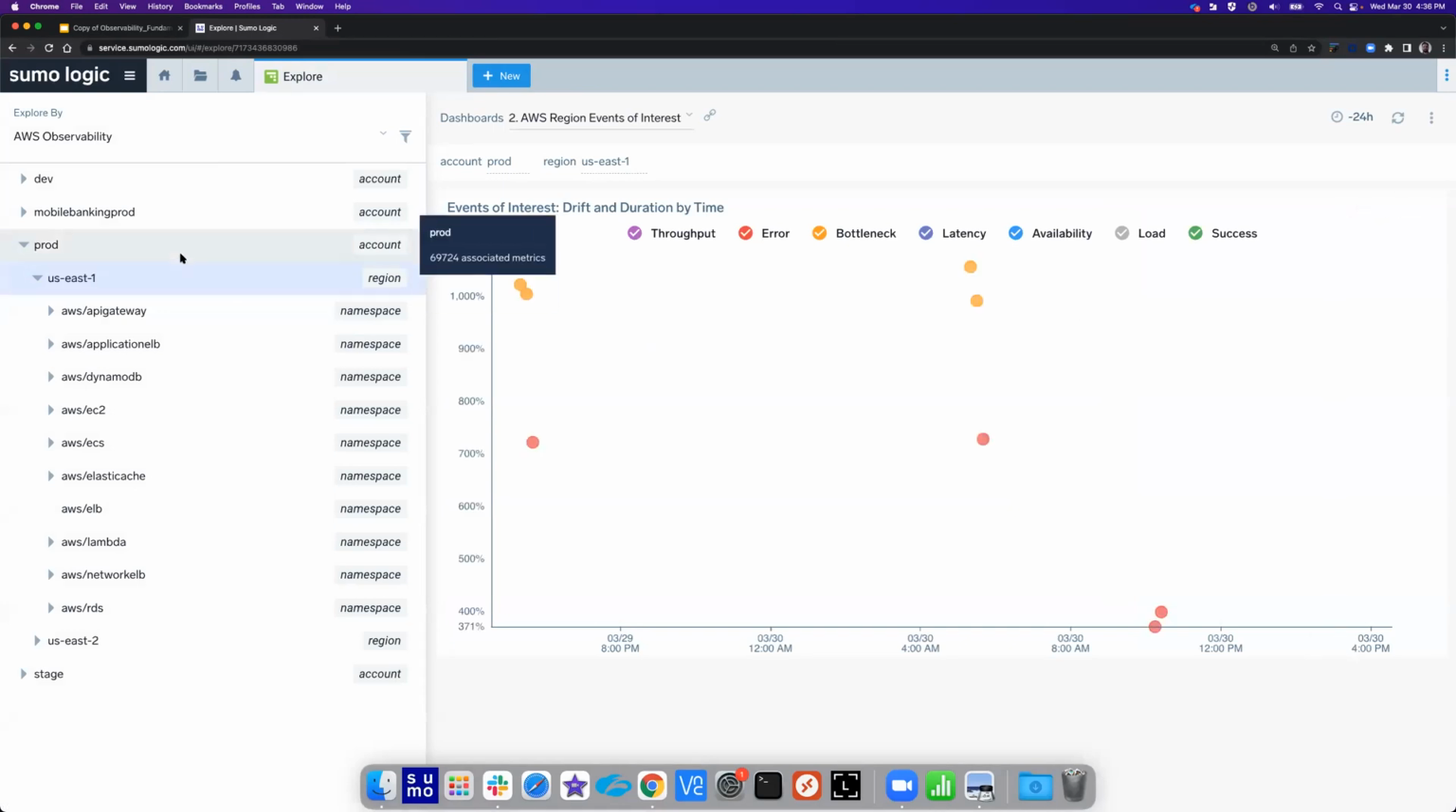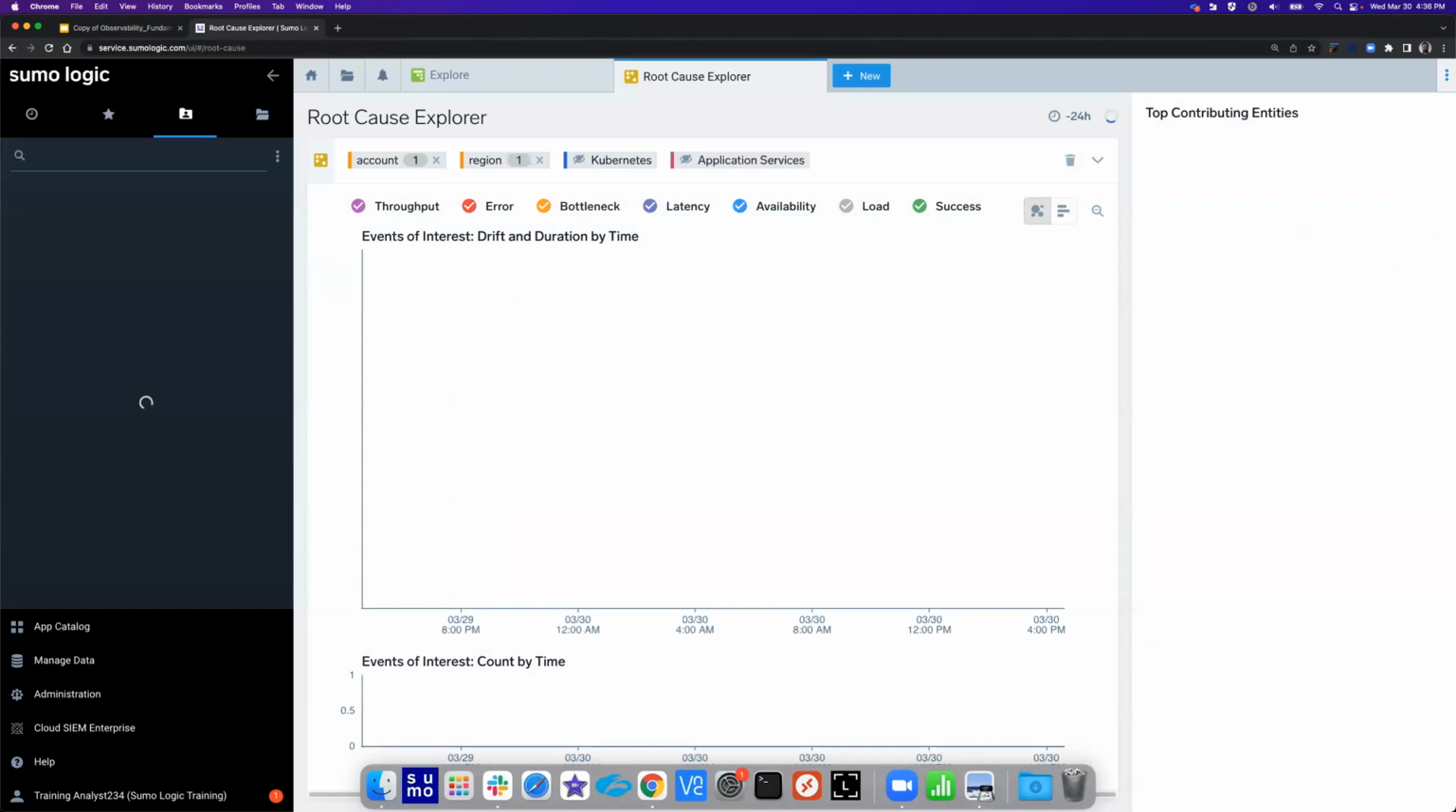So we go to prod, we go to US East 1, we select the region of events of interest, which you should see there. And then what we want to do is open that in RCE in these dots. And what it should bring in